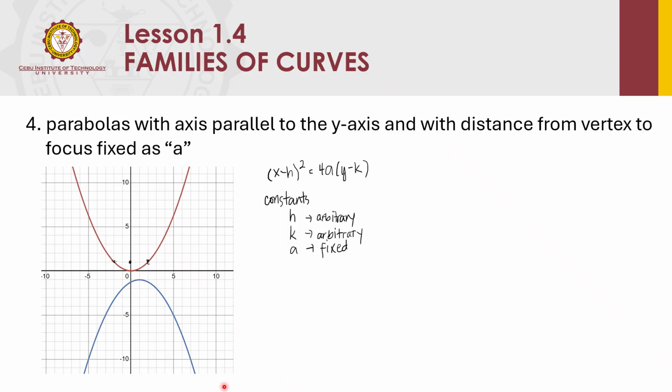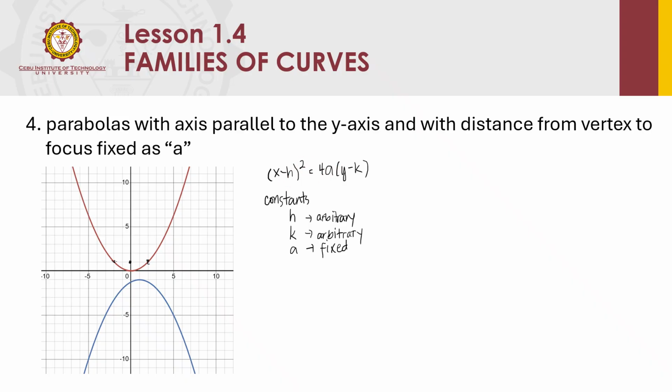Okay, so one approach is to expand the binomial here and then differentiate so as to eliminate the arbitrary constant. So no problem with the k here since it is just a linear part. If we're going to differentiate the right side, k once differentiated is just equal to 0. So we're after the h here, so we can first expand the binomial and then differentiate.